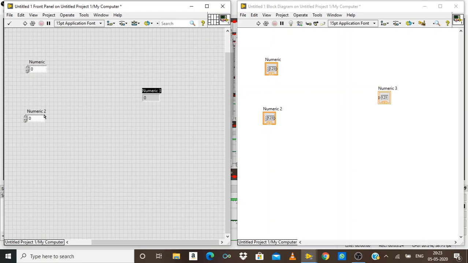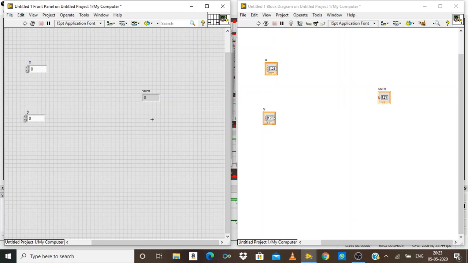And if you want to change these names, we can change them here. Suppose I want to represent this number as X, I can double click on the characters and change the variable name. And if I want to give another variable the name Y, I can give it as Y. And to represent the output, if I want to represent it as a sum, I can just type sum by double clicking on that text.